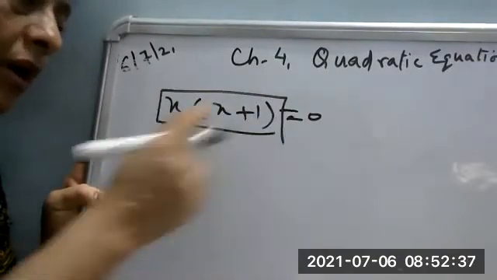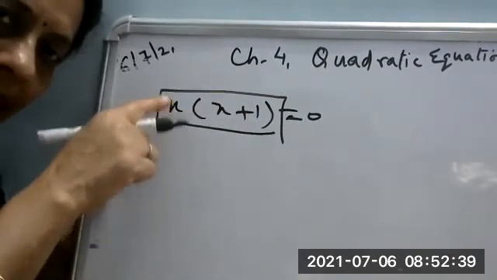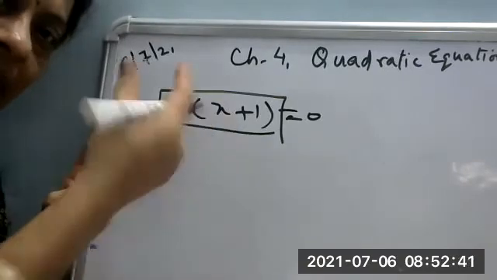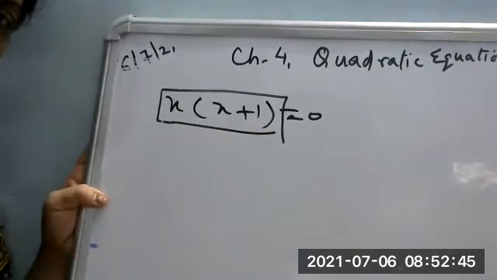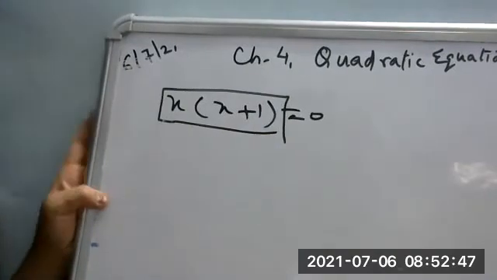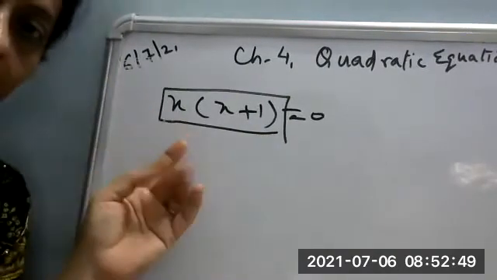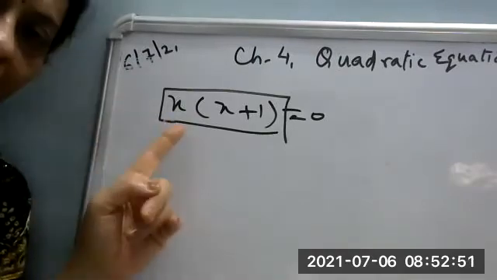Beta, all of you know, if any term or any number or any variable is written in multiplication with some other bracket or variable, then that is said to be one term only. There should be a plus or minus sign, then it will change. Yes, very good, Pari. So if I ask you, is it a quadratic equation?